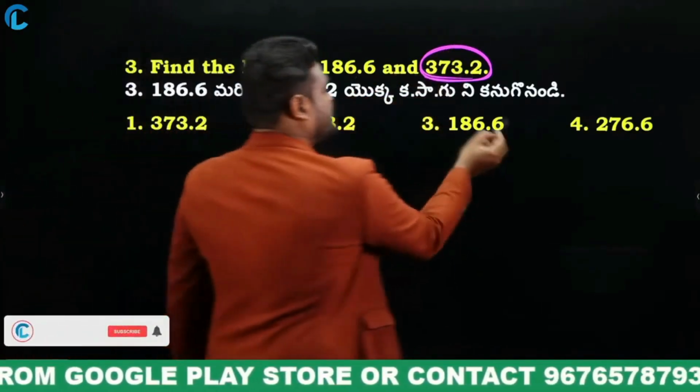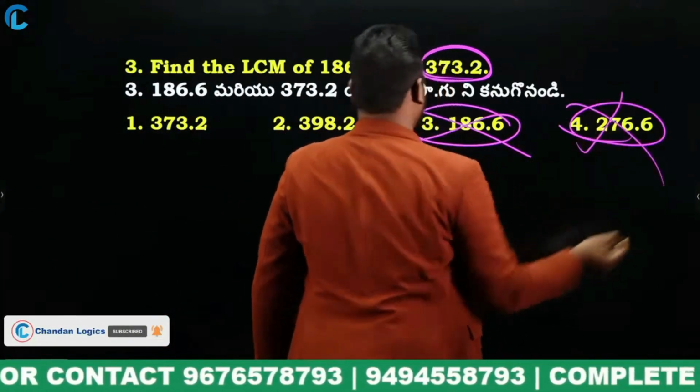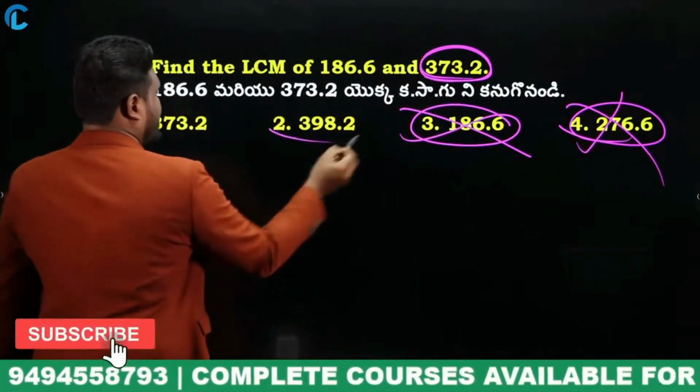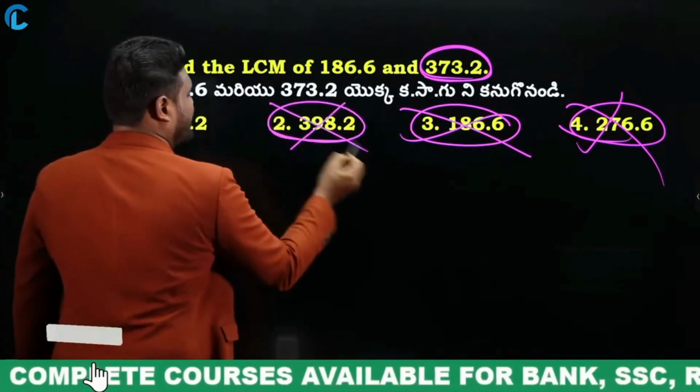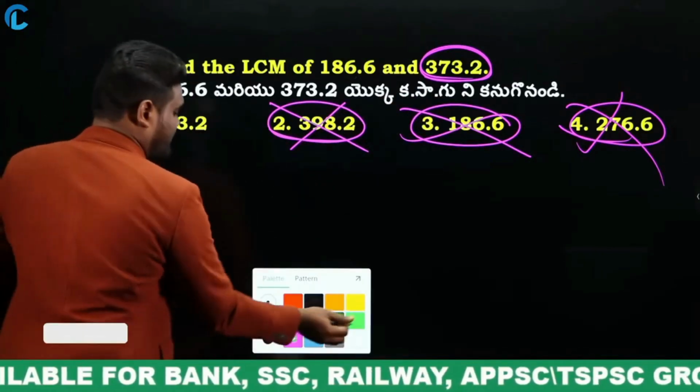But look here, this is smaller than this number, wrong answer. This is also smaller than this number, wrong answer. Now we are left with these two, and obviously, 398.2 is not a multiple of this number. So I can happily say the answer for this question is